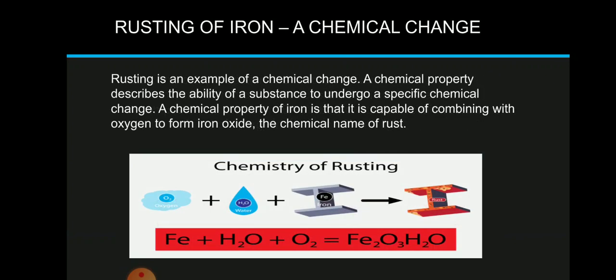Now the next topic which we are going to talk about is the rusting of iron. This is again a chemical change. Rusting is a process of corrosion of iron when it comes in contact with air and moisture. When it comes in contact with the air and moisture present in the atmosphere, a deposit forms on the substance. If, for example, we have an iron pan which is left in a moist state for a few days, what will happen to that iron pan?